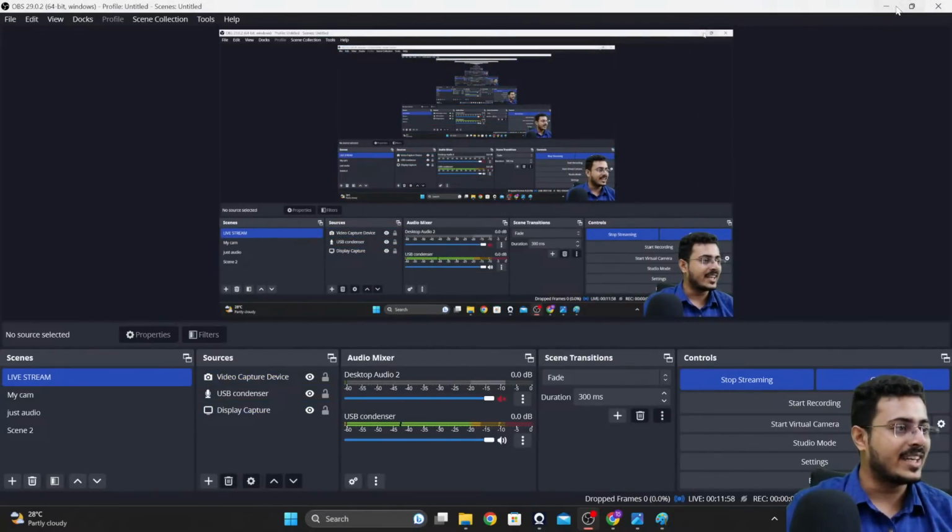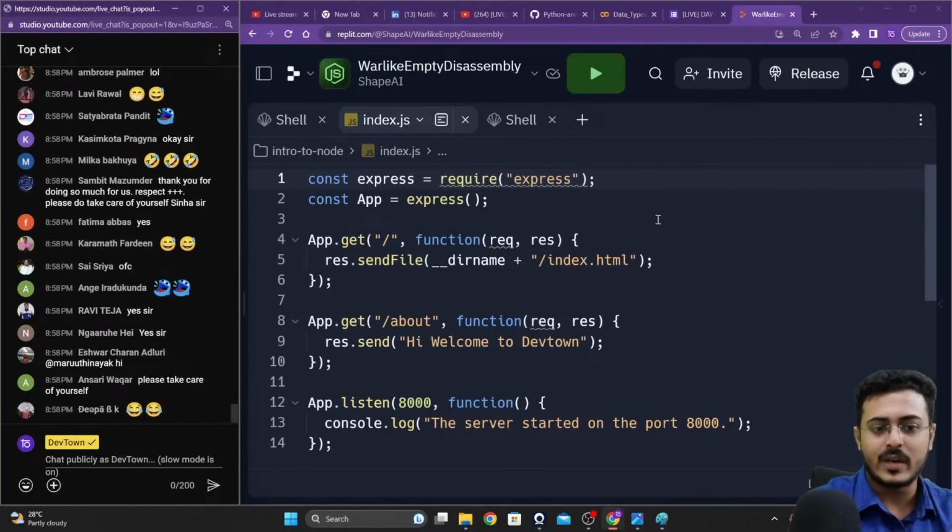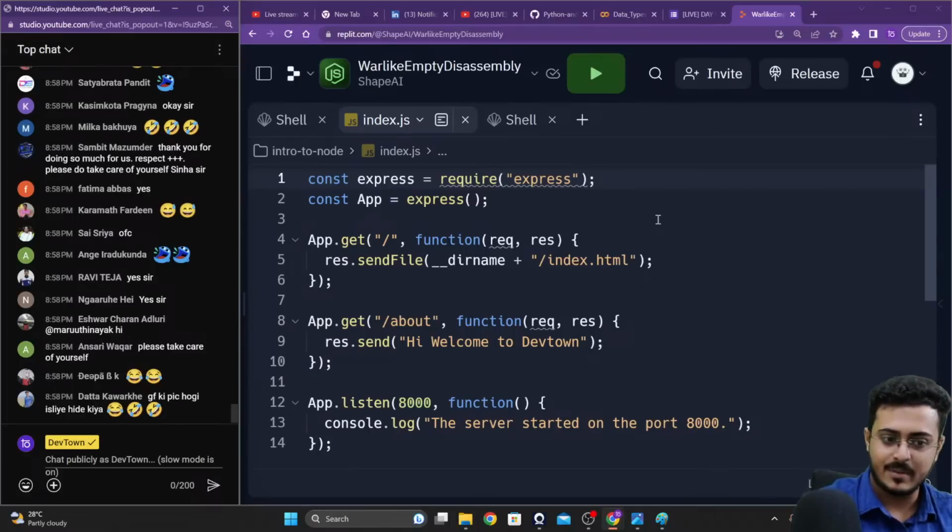Let me open up the code for you guys and let me show you the screen as well. Let me make my very not so pretty face small again so that you can ignore it for a little bit more time, and let me create the display capture once again. Okay, so right over here, guys, I've created a small HTML code for you. I'll be providing this code to you tomorrow as well, so you don't have to worry about it.